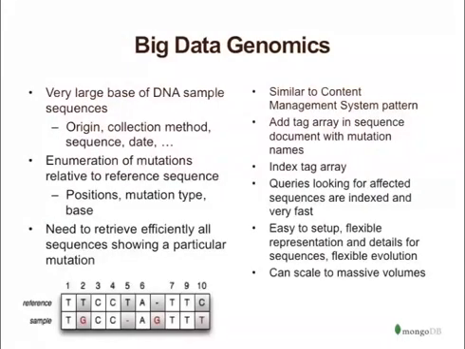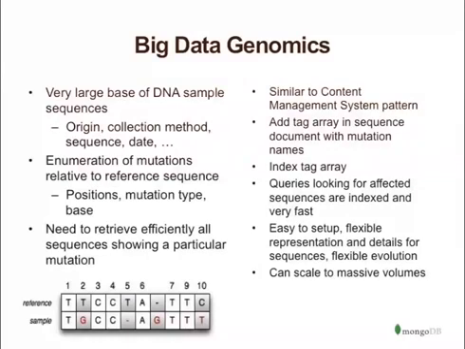Again, in big data genomics, right? You have a very large base of DNA sample sequences, and you have complex metadata around it, and you have all kinds of mutations relative to reference. And you basically need to be able to retrieve all the sequences showing a particular mutation. So a very non-trivial usage a priori, but they resolve this by saying this is actually very similar to a